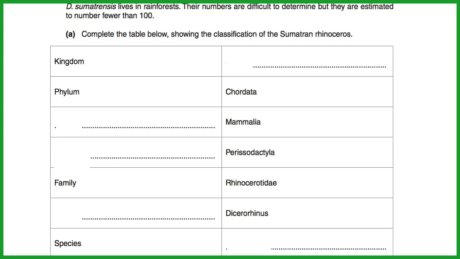Now, if you want to remember a mnemonic, it's King Philip came over for good sausages. You should, at the very least, remember that a rhino is an animal, so it's in the kingdom of Animalia. Now, the level below phylum, well, that's class, King Philip came, order, over, for, family, good, genus,